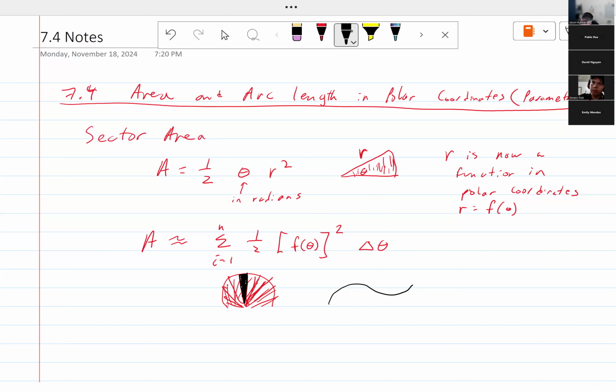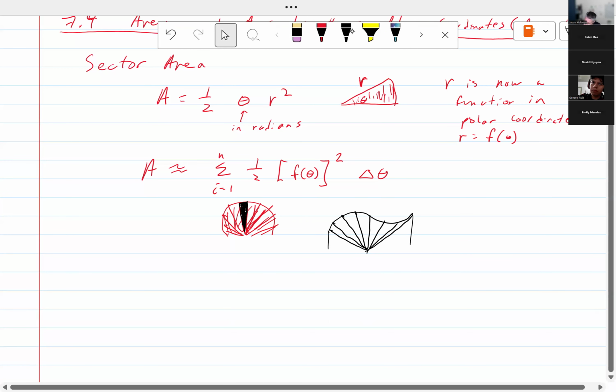It could look like this. But we're still going to use polar coordinates to get all of our values here. We still end up with a bunch of slices, this kind of sector area. It approximates it, but when we take a limit,